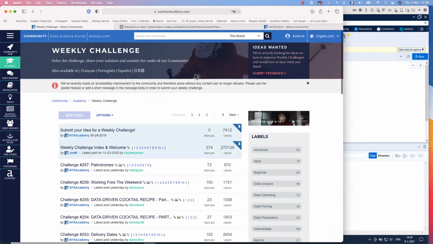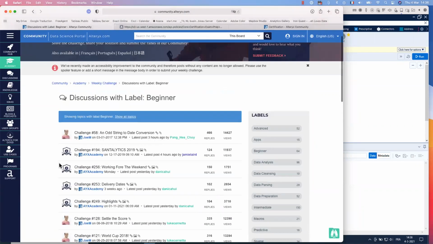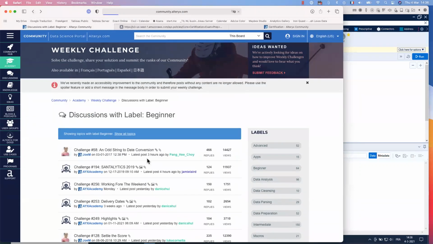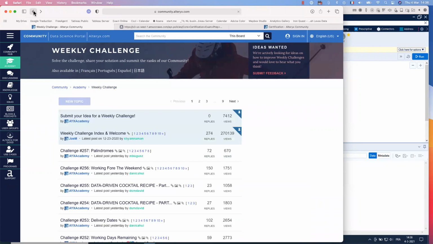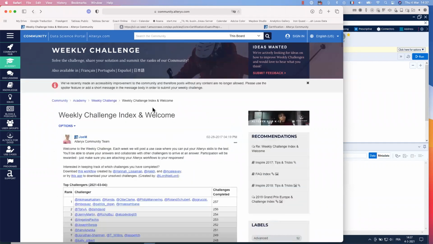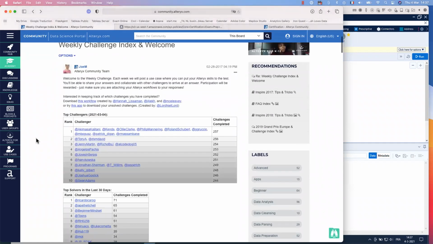No, it's here. Okay. So I will select beginner here. But wait, I will also send you the link for this page. Yes, Weekly Challenge, and then this is the page that I want.